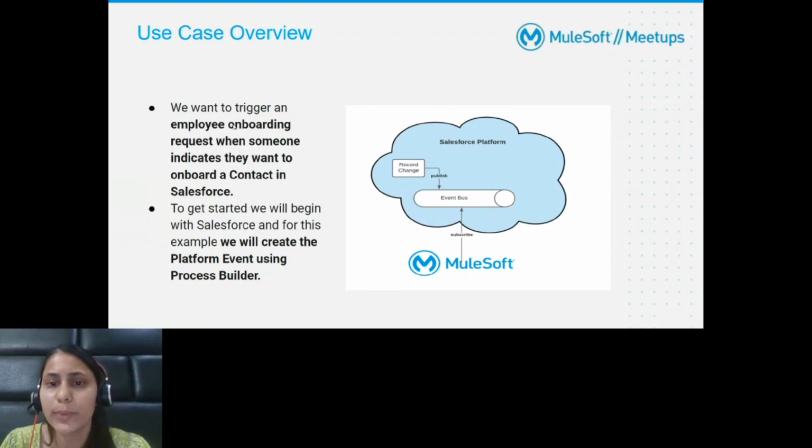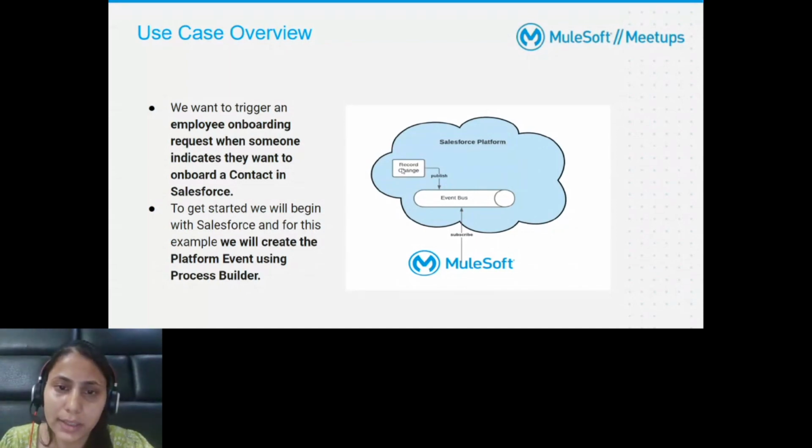In the contact object itself, I will be creating one custom field for sending an onboard notification, and according to that my trigger will happen. If I talk about this from this picture, in the case of a platform event there will be some criteria for when your platform event will trigger, like if any record is created, updated, or changed.